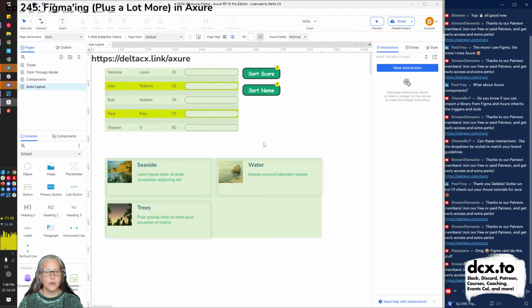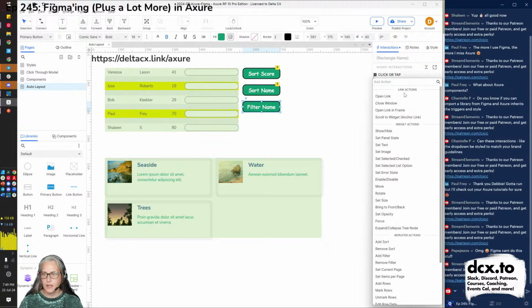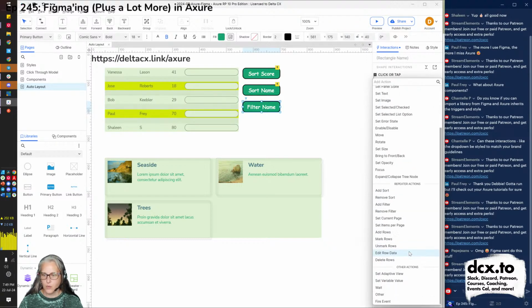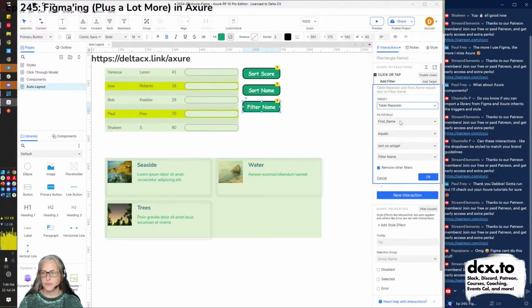And by the way, we can also do the filter, and the filter was how Axure did that fake search. So let's imagine, let's do another one. Let's do filter name. And what I'm going to do is completely remove the interaction. Let's build a fresh one. I want to add a filter in the table repeater.